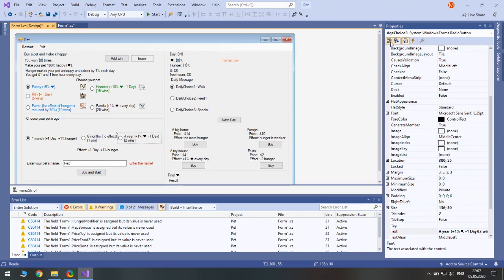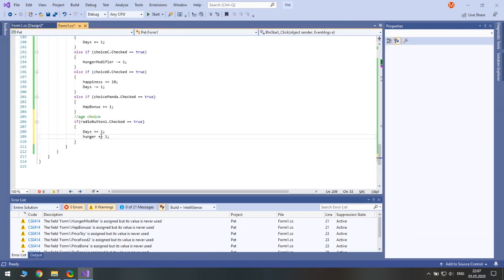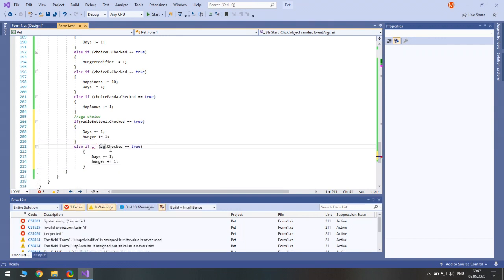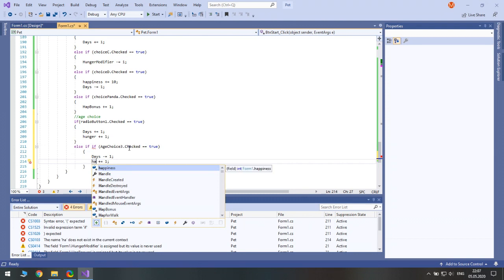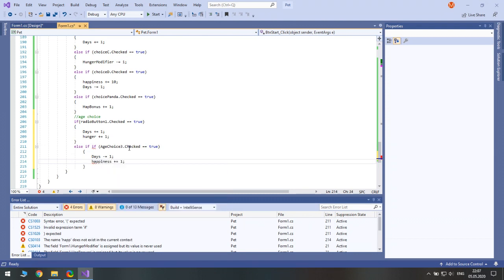And again, if it is age choice 3, we again consider its effect. So else if age choice 3 is checked, then we decrease the number of days because the pet is old enough, but it has felt some happiness in life, so we increase the happiness by 1.